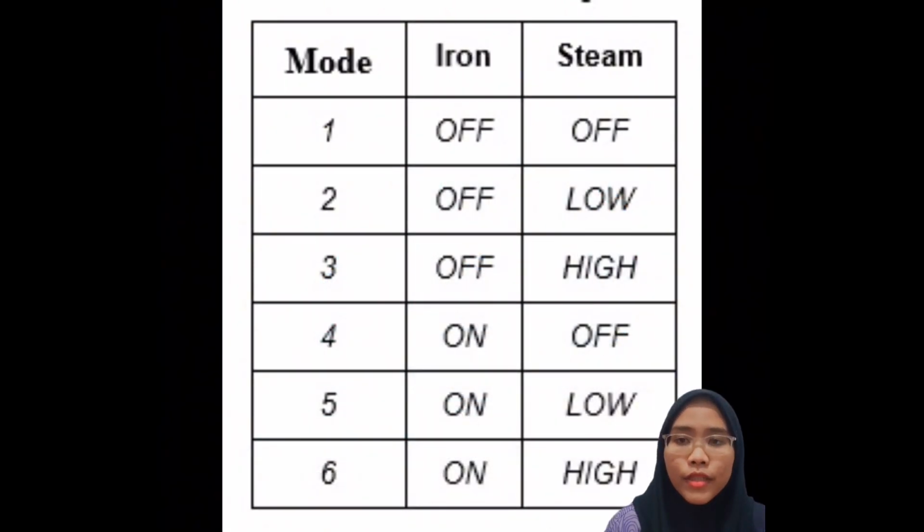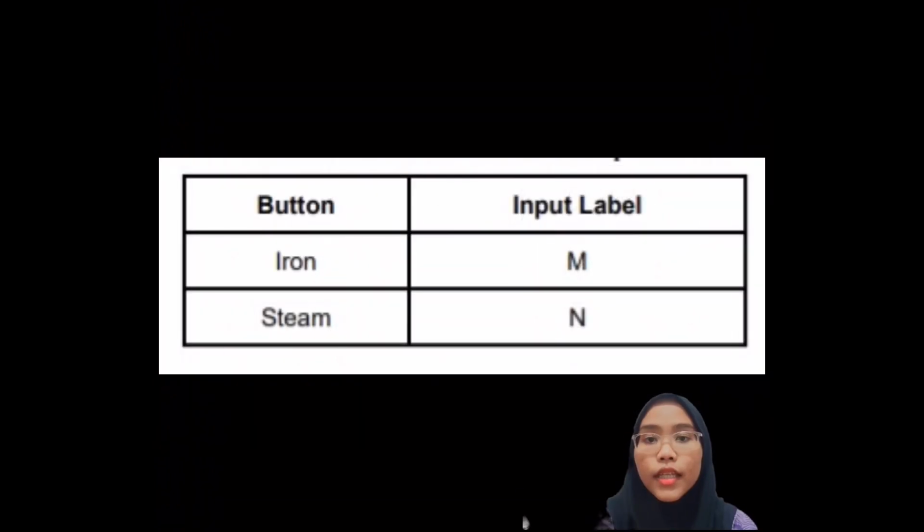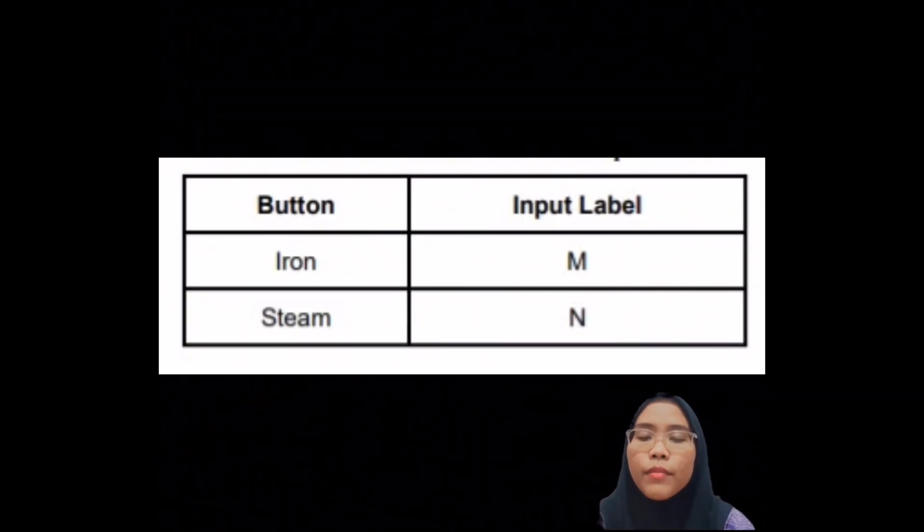Based on this table, we can observe that the iron heating function has two modes, which are the on and off modes. Meanwhile, the steaming function has three modes, which are the off, low, and high modes. The two functions of the multifunction steam iron were recognized as two inputs, which are M and N. Based on the recognition of the input and output of the system before, we started to construct the state diagram